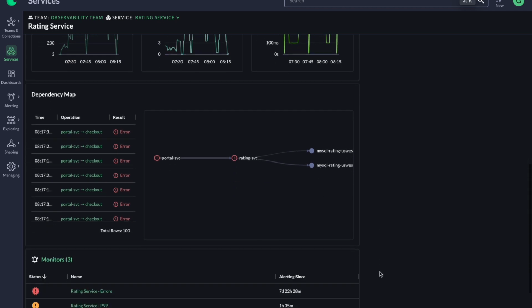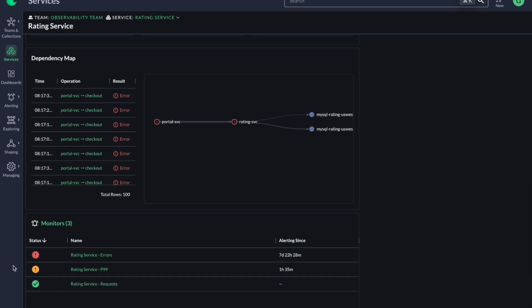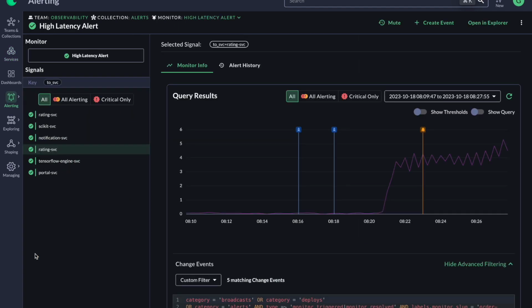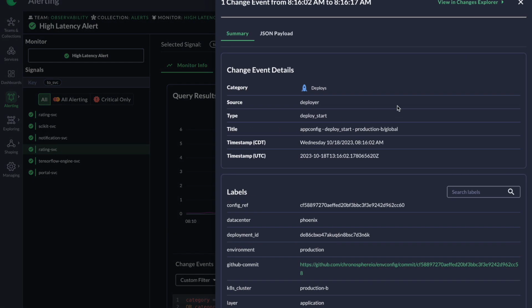So let's take a look even further into the alert itself that I got paged on. Let's go there, and we will see not only here indeed a spike in latency that triggered the alert itself, but before that, only a few minutes before, we have here a couple of events that are related to deployments. So I can zoom in a little bit and see that this first deployment here had to do with a